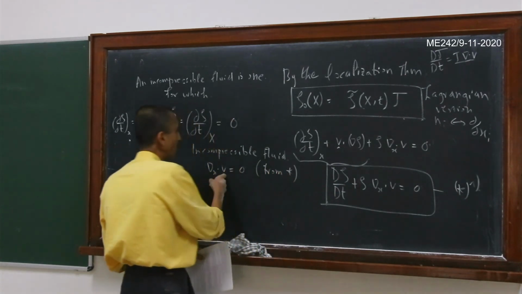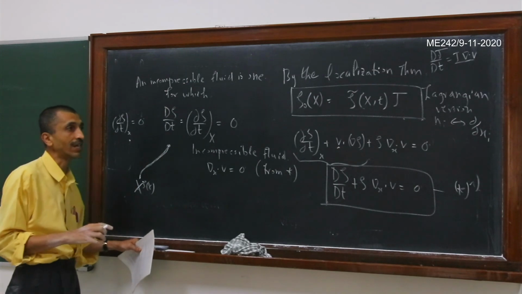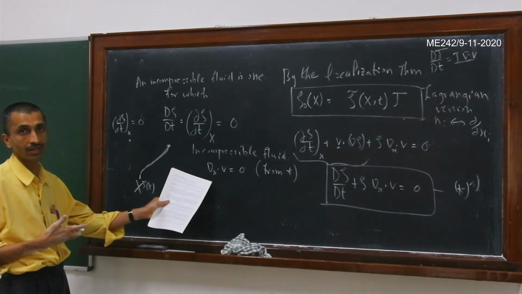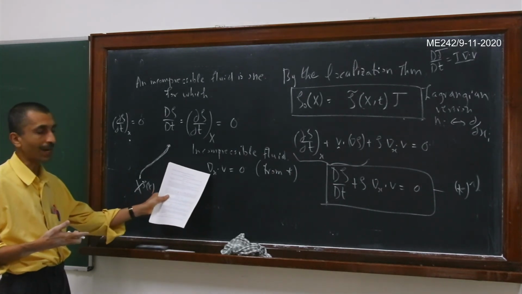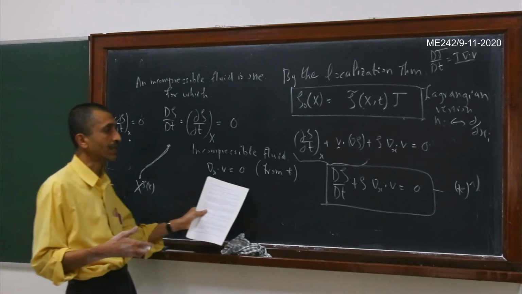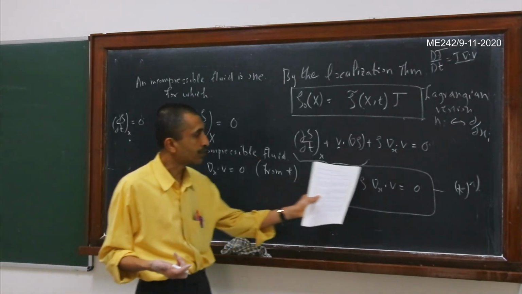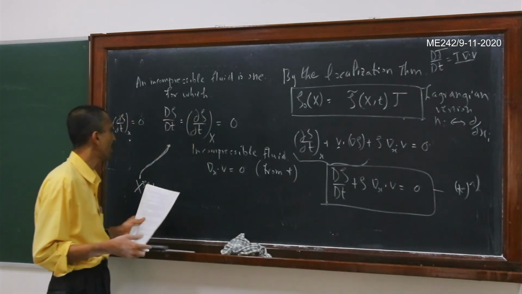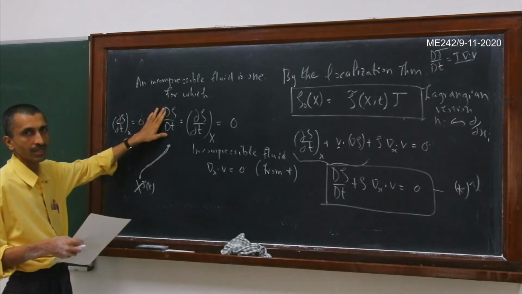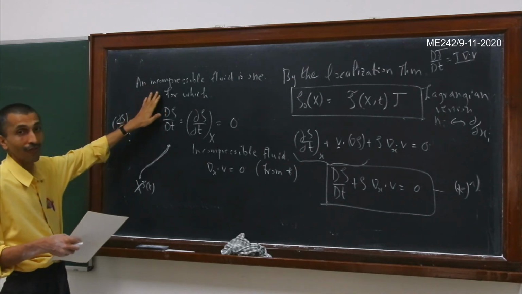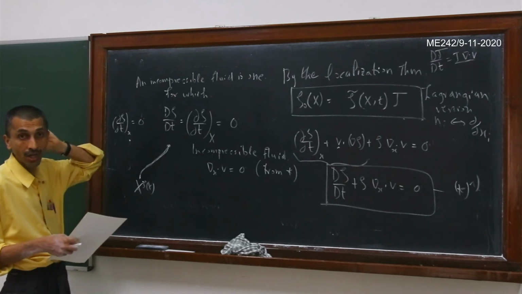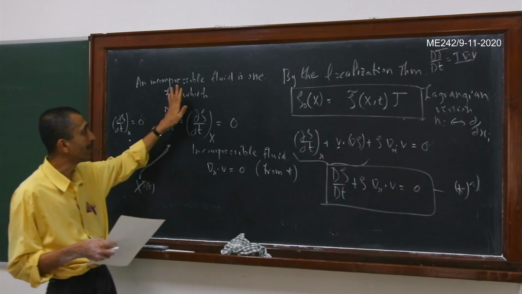So this condition is definitely not intuitive. Suppose one said that some material is incompressible or volume preserving, we cannot guess this particular condition, right? Del dot V equal to 0. So that is del Vx by del x plus del Vy by del y plus del Vz by del z equal to 0. At least physically it is not clear why this should be the case. But it follows from the mathematics, that if you keep this material derivative of the density to 0, of course, this is an approximation. In reality, no fluid is perfectly incompressible, but it's a very good approximation, for liquids like water or whatever. Especially for liquids, this is a very, very good assumption.